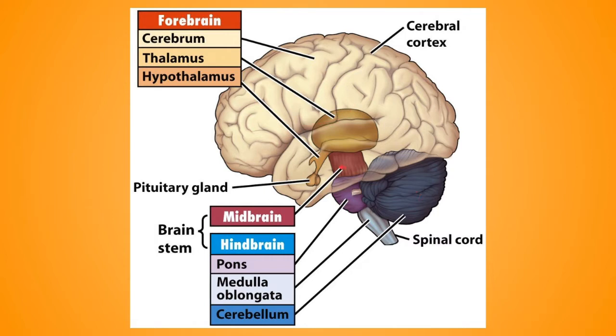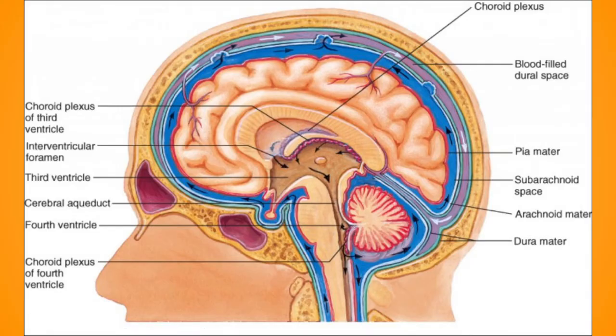Now this midbrain connects the forebrain with the hindbrain, and it contains one cavity known as the cerebral aqueduct or the aqueduct of the cerebellum. It is basically seen from the sagittal section of the brain. As you can see in this diagram, this is the sagittal section, and from here, this is the cerebral aqueduct cavity of the midbrain.